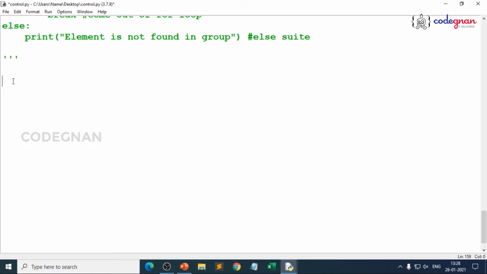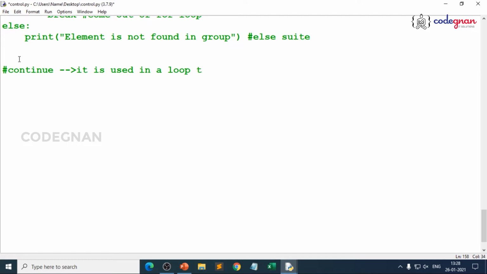Now let's understand how to use continue. The continue statement is used in a loop, and when I say loop, that will be with the help of for and while, or you can use else, it's up to you.